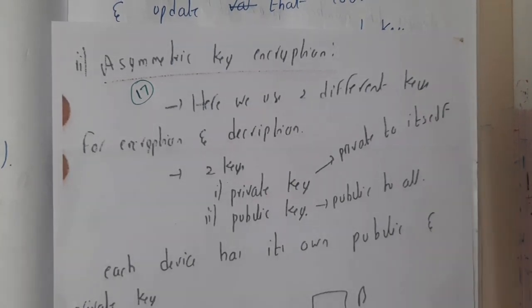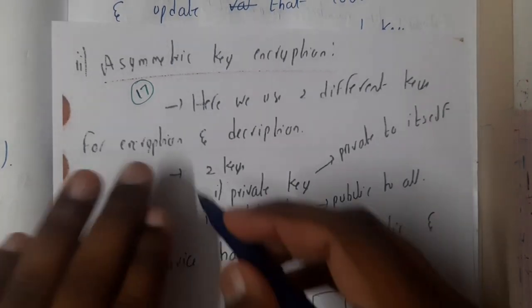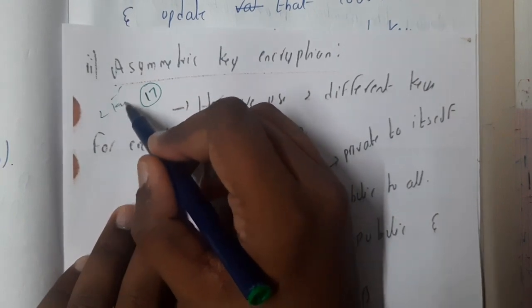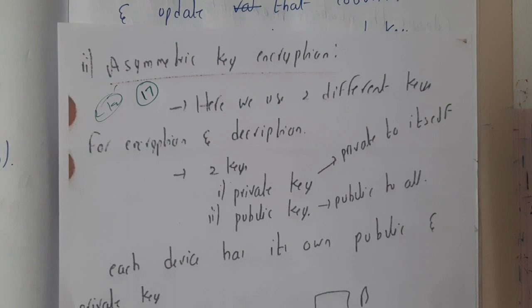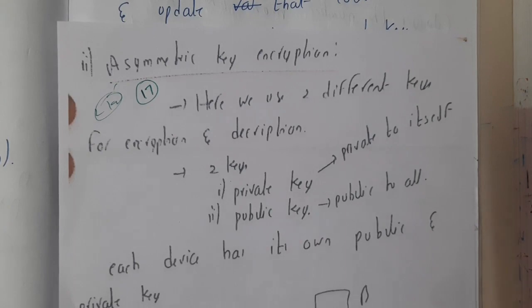As I have told you in one of our videos, asymmetric means two different keys will be there, guys. So you might be thinking, okay, two different keys, how will it work? What are those keys? Are they similar? You will have many confusions, right? All those confusions we will be clearing in this lecture, guys. Please concentrate for some time. You'll have a clear idea at the end of this lecture, guys.